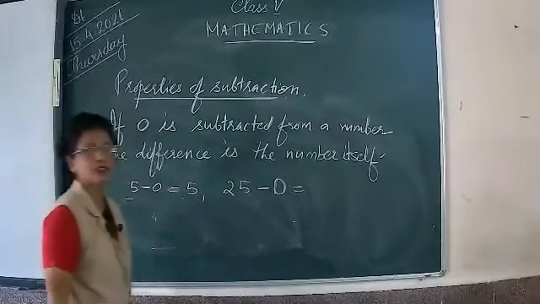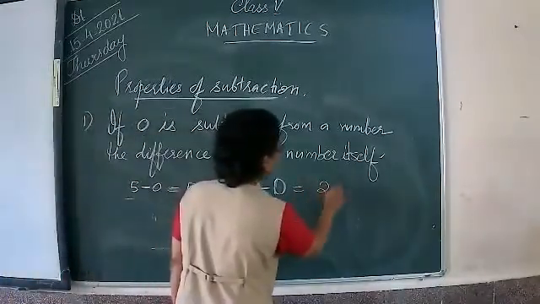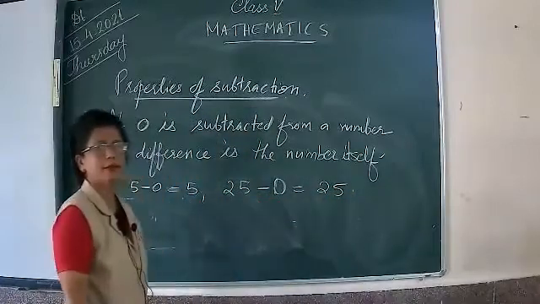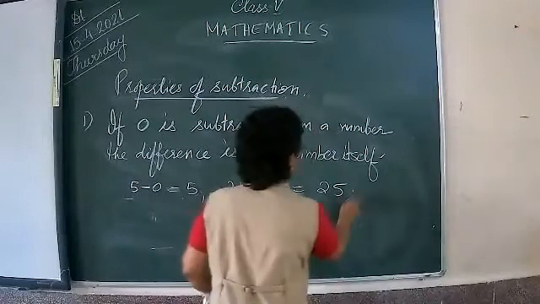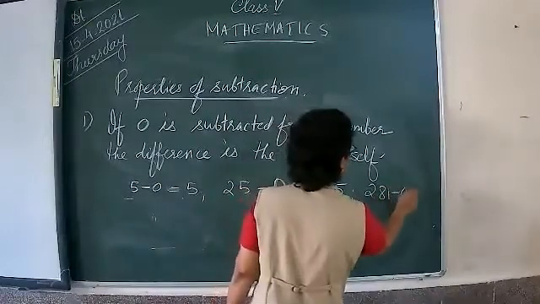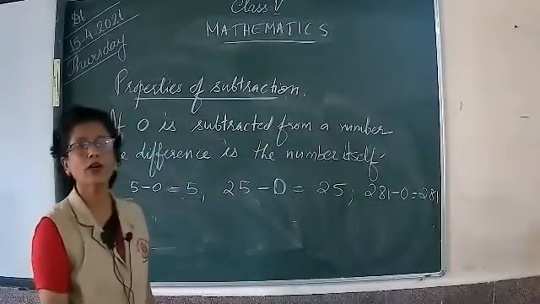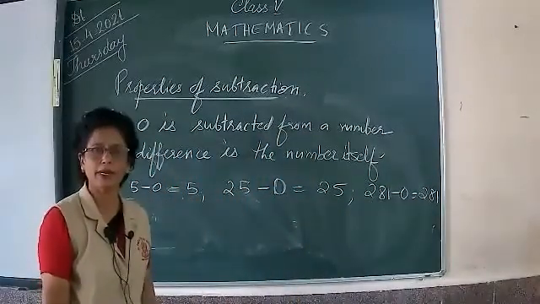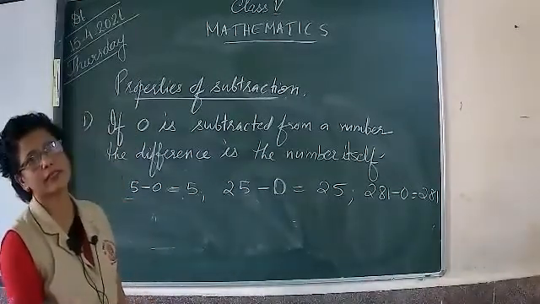Yes, I'm talking about 0 there. So 25 minus 0, you are getting 25 only. You are taking a 2-digit number there, and another 3-digit number we can take there. 281 minus 0, the answer will be 281 itself. We are not going to subtract there. If you know the property, without subtraction you can find the answer.